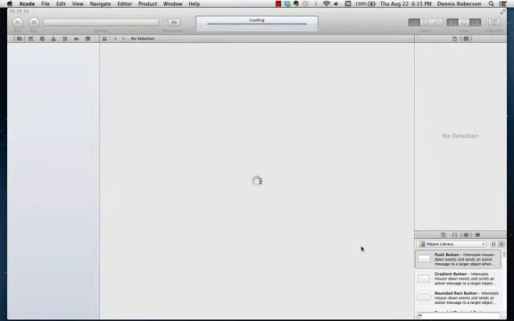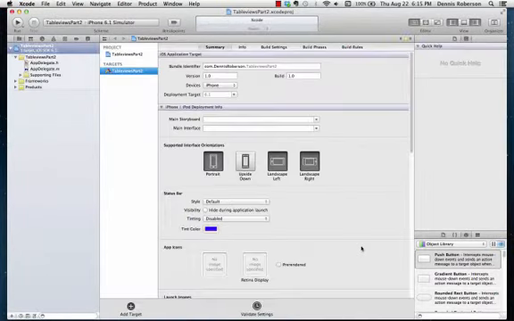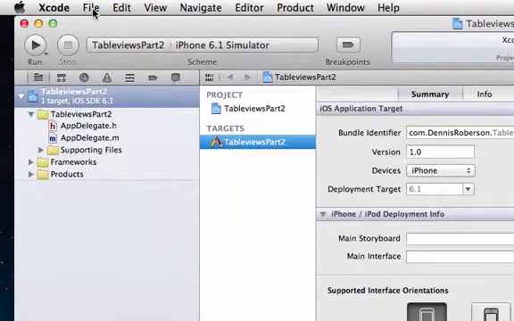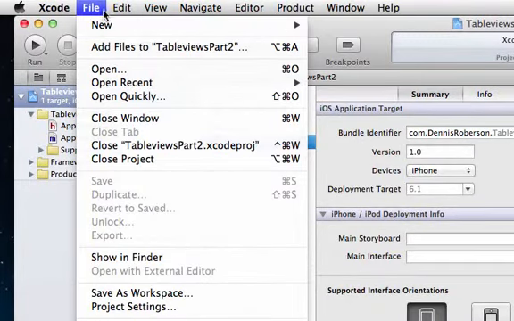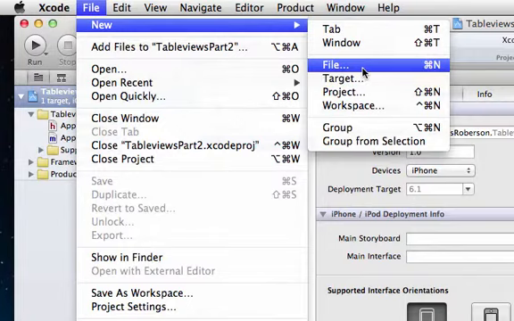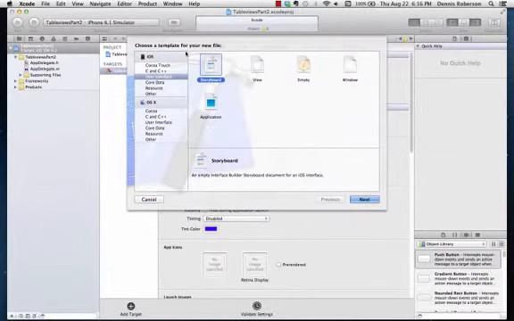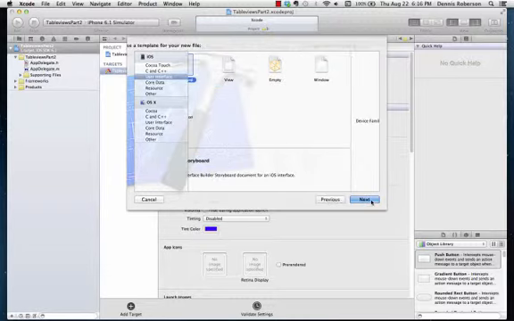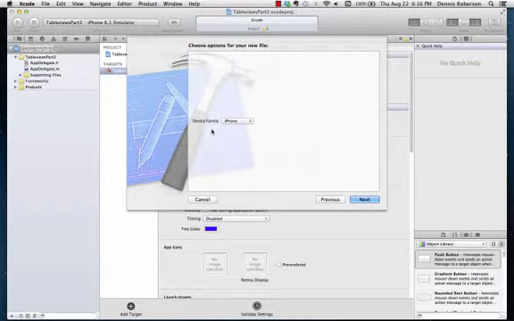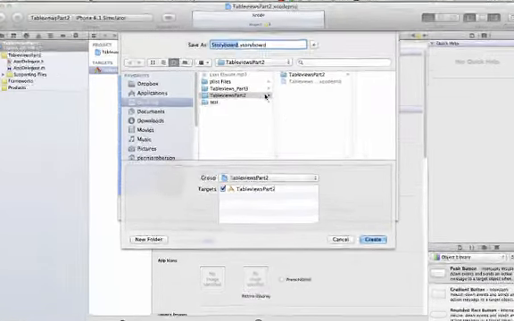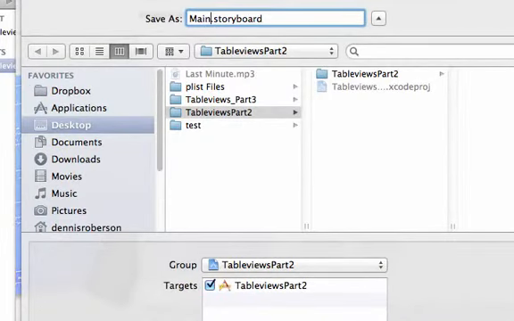and click Create. And we have our project. So the first order of business now is to add a storyboard to our project. And to do so, we click on File, New, File, and under User Interface, let's select Storyboard. Click Next. Make sure the device family has been set to iPhone. Click Next. And we're going to call this Main